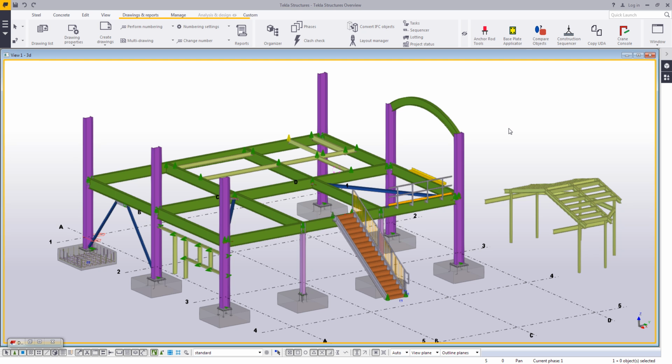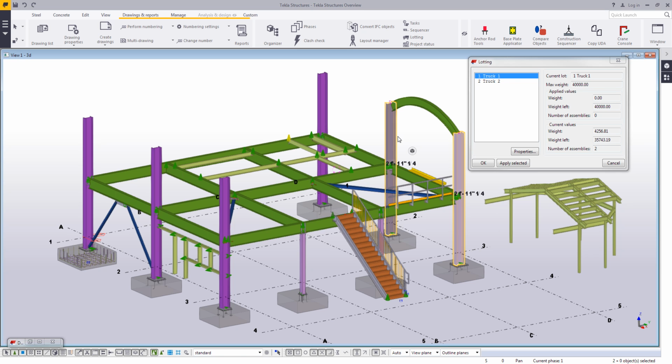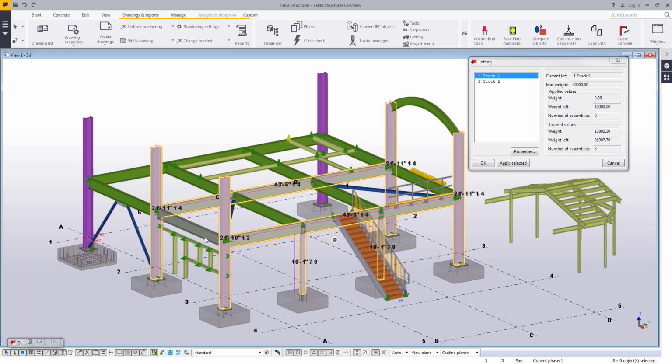One of those we use is called the lotting tool. So if I come under here and click lotting, I already have two trucks set up. Each truck has a capacity of 20 tons. And the idea is that once I have a truck defined, I can go through and start clicking on the objects that I want to include with that shipment. And as you can see, as I pick new parts, you can see the weight left value reducing. So it's keeping track of the weight of the assemblies to help me figure out how many parts I can